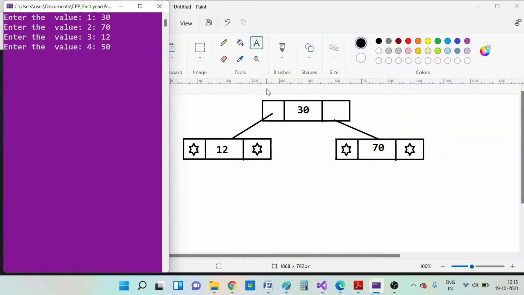Now 50 will be compared with 70, but 70 is greater than 50, so it will use the b-link pointer of 70 and proceed to a new recursive call, and now it has become null. So the if condition will be executed, and this will lead to the creation of one more node.